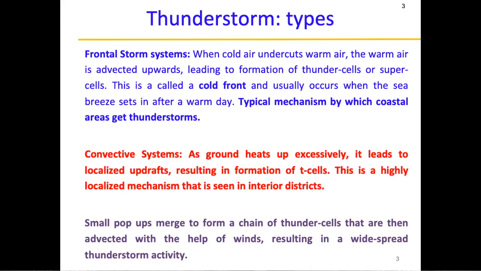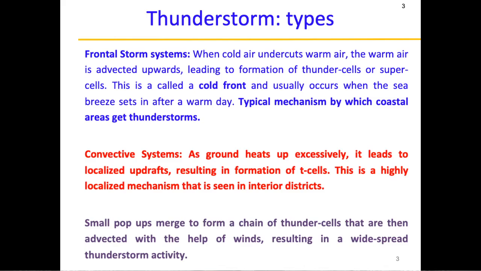and that leads to formation of these convective storms. Sometimes what happens is, you must have seen on radar images or satellite images, small pop-ups in many places, then they merge to form a chain of thunder cells. And then later on they are advected by the upper level winds, and this leads to widespread thunderstorm activity. So there could be many small pop-ups which don't seem like very